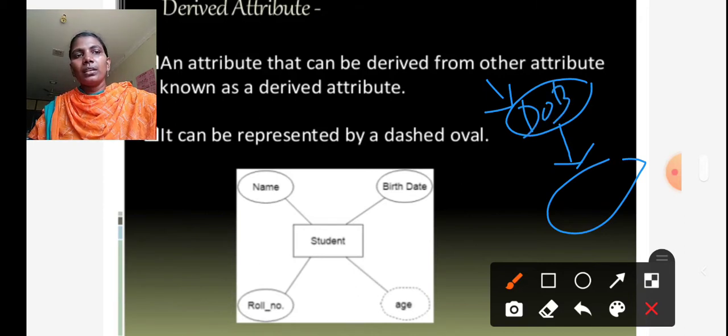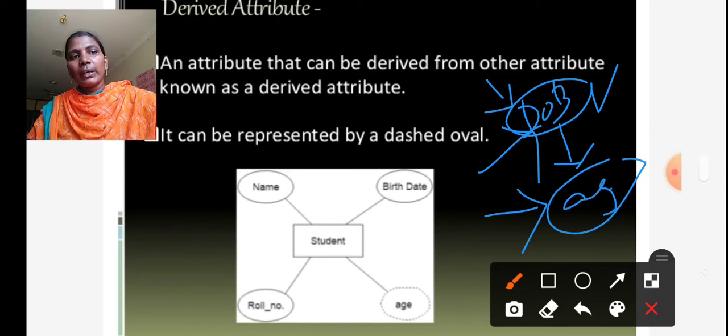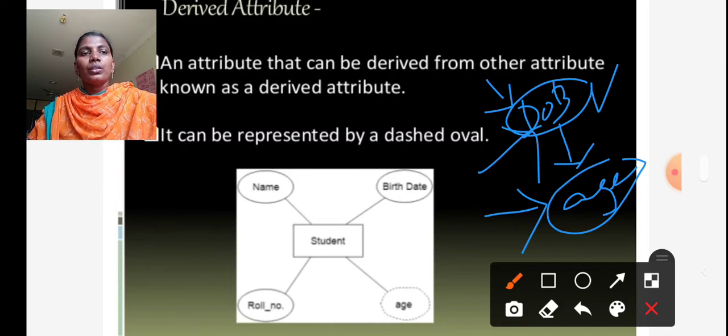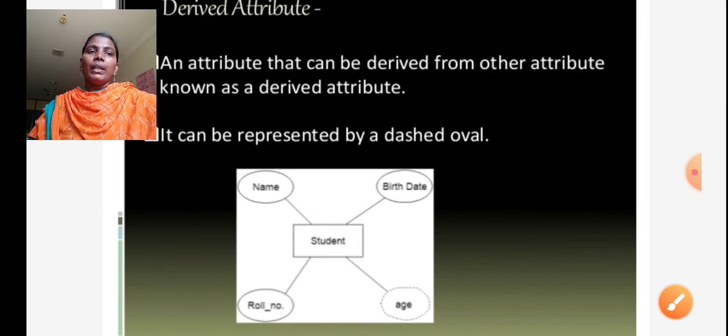Here one of the attributes is called date of birth, and by using this date of birth attribute we can extract the age of that particular student. So age is calculated with the help of the date of birth of a particular student. This is called derived attribute. Derived means the values which are derived from another attribute.